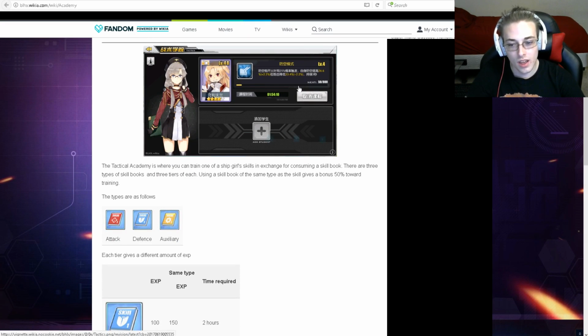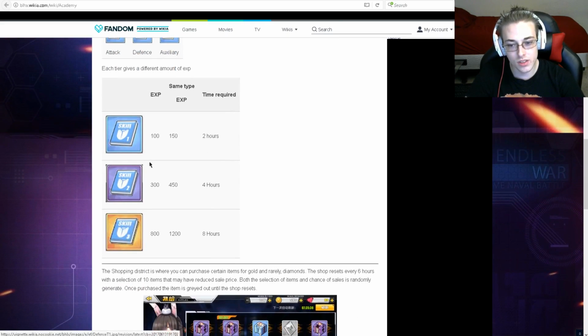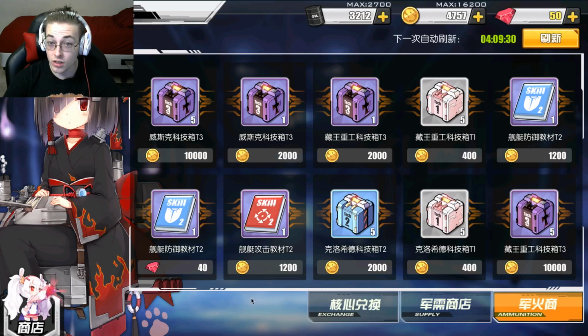book. And as follows, here are the 3 different skill books, and down here it even tells us, so kindly, how much experience each one of these skill books gives us, as well as how much time it takes to upgrade those skills. If we go further down, here's the Shopping District. Now right here it shows 2 tabs, but in the current version of the game right now we have 3 tabs. And when I was talking about the equipment for that one particular material,